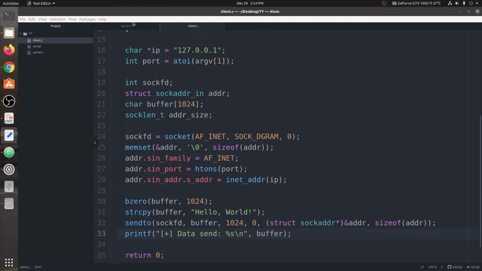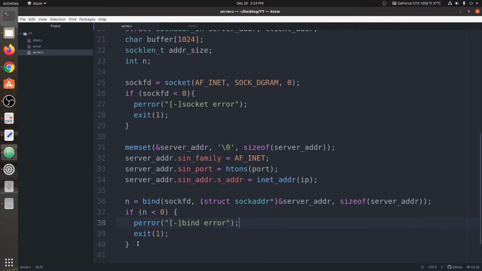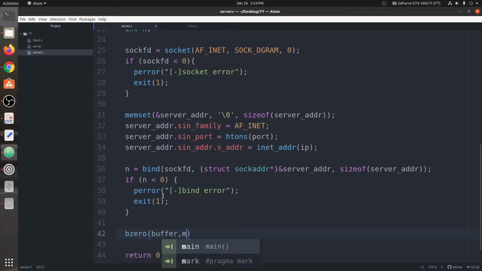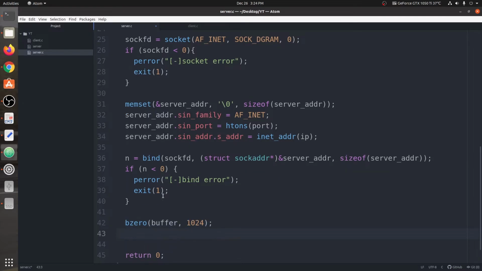Now we again go back to the server.c, where we're going to receive the data. Something similar needs to be done. First we're going to clear out the buffer using the bzero function, with size 1024. Now we have another variable called addr size, which you already know, we have defined it above.